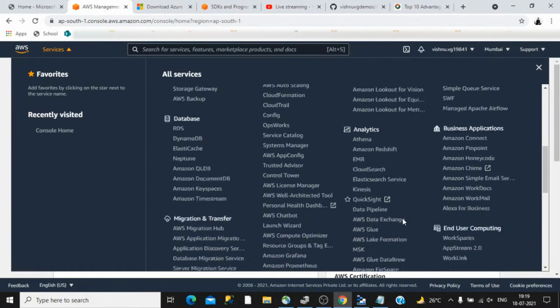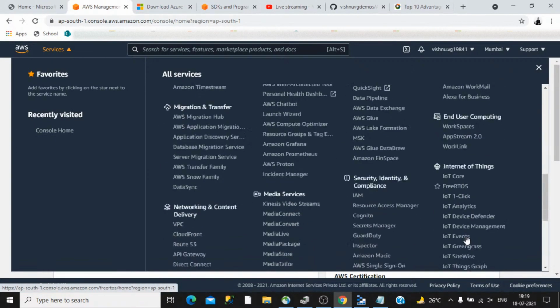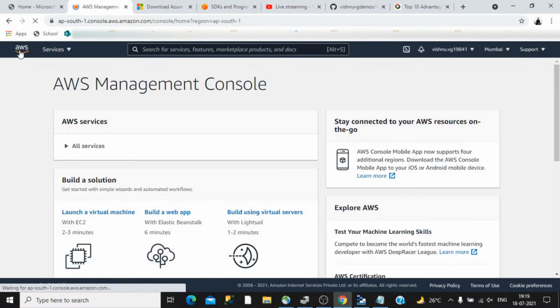A lot of Linux based services are already there in Amazon Web Services, and quite similar services are also there in Azure. But many blogs are saying that if you are looking into pure Linux based development, Amazon services are much more suitable, as it has a lot of features from a Linux point of view. I hope you got my point.